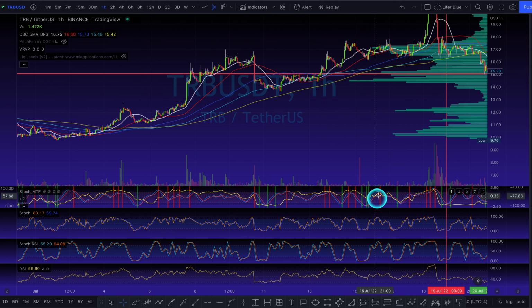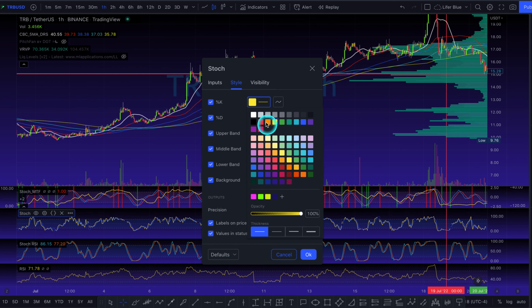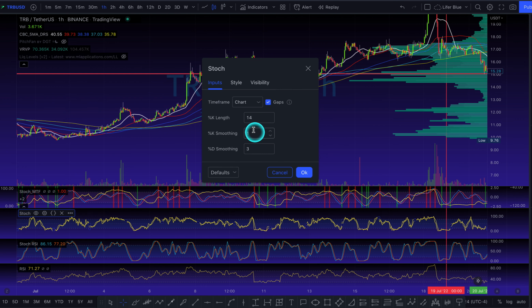I have a few things going on here. I call it my master stochastic indicator, and I have adjusted settings for that. We can talk about that, but right now I want to show you how you can get that yellow line to look like this, and why I like to use it in conjunction with the stochastic RSI. We're going to go into the settings and change the K line to yellow, and the D line to yellow. This will also be in a separate video just so it's nice and easy to find. And if you look at it right now, before I make this adjustment,